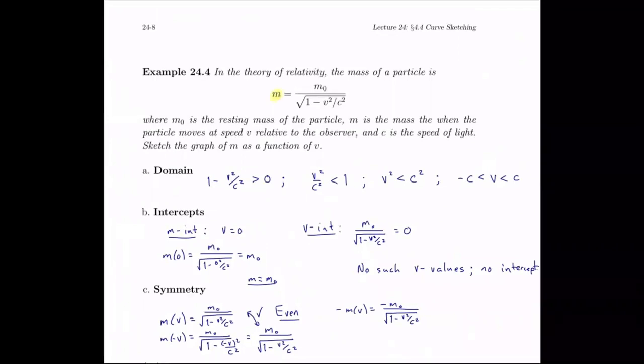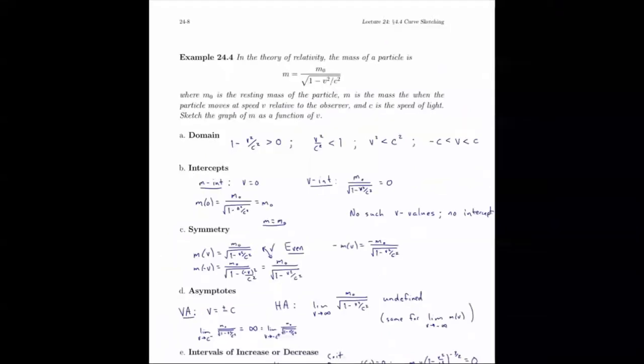Notice that mass is a function of v, the velocity of the particle. M naught is a constant. It's the mass of the particle when it's at rest. And c is the speed of light, which remember is constant in the theory of relativity. And it's interesting that we can evaluate this function. And I run through all the same processes that we did before, only our constants aren't numbers anymore, they're letters. That's fine, we can still do a lot of this. I think that maybe the most interesting thing about this, I'd just like to point out, just more or less for the fun of it,